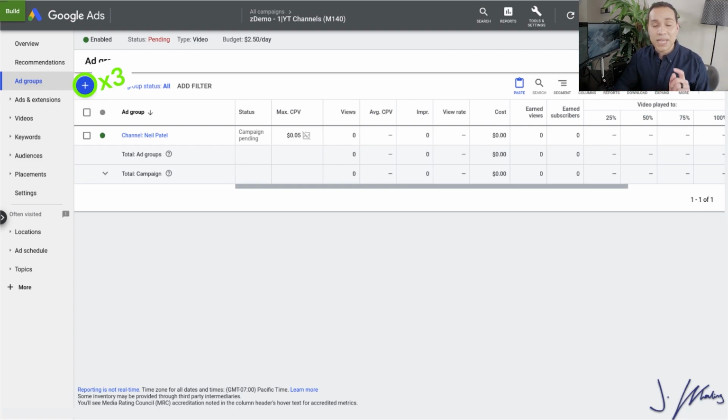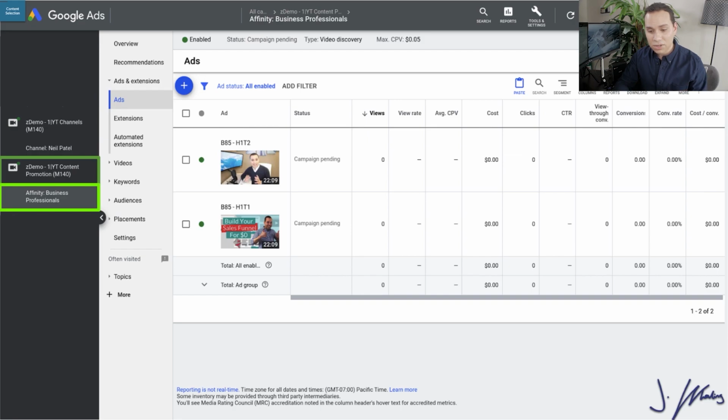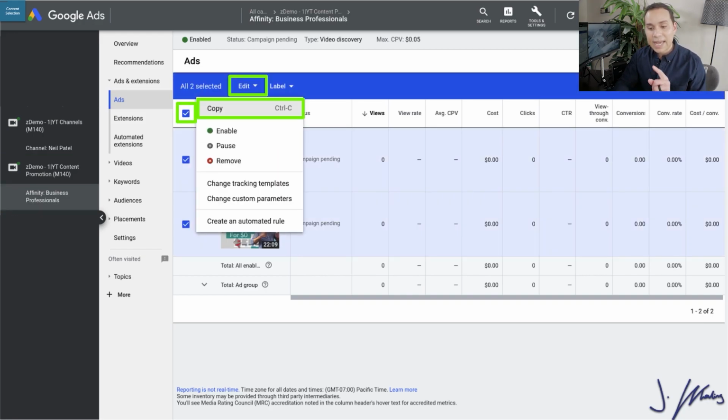Let's go ahead and copy the ads that we already have into our new campaign and ad groups. Now there is a little dark gray arrow here that you're going to click on, and you're going to be able to see a list of all of your campaigns. I've just blurred out all of the random ones except for the ones that we're focusing on here. So I'm going to select the campaign I just made, that affinity campaign with the 1 ad group targeting business professionals and the 2 different ad versions. And if I click through to the ad group that I made, you'll see here, those are the 2 ads we made when we created this first campaign. So we'll select and copy them.